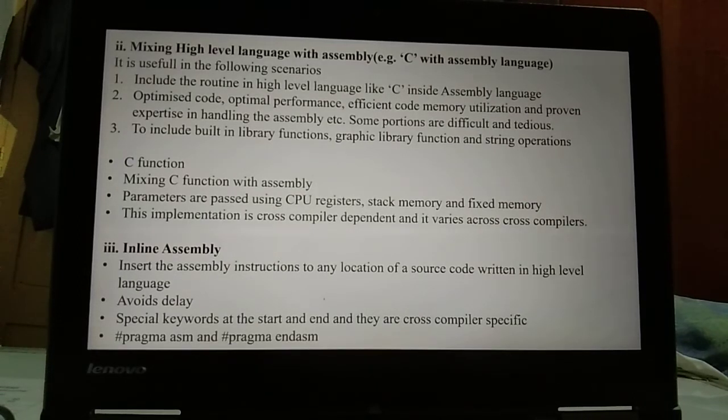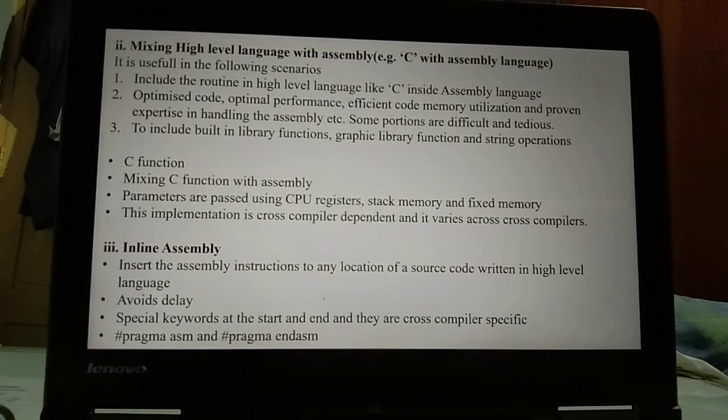Inline assembly. Inline assembly means inserting the assembly instructions into any location of the source code written in high-level languages like C. This approach avoids delay in calling the assembly functions in the high-level language like C. Special keywords are used at the start and end of the assembly language, and they are cross-compiler specific.